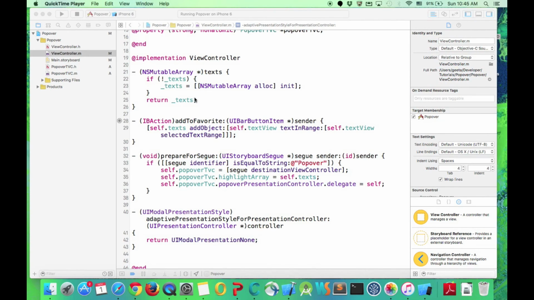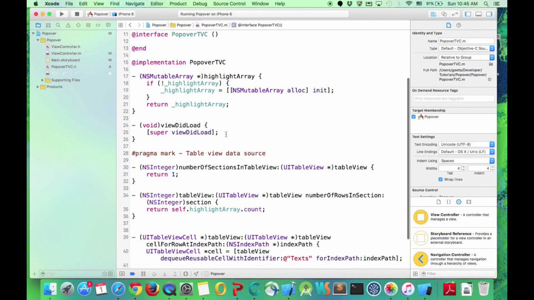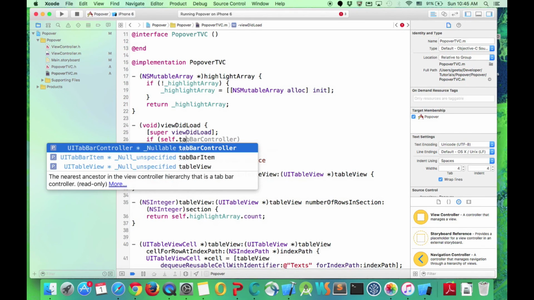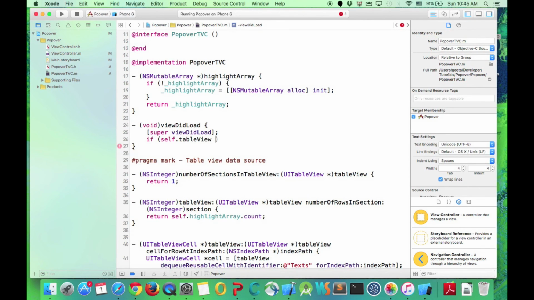So we need to ask the popover to give us the size and draw it correctly. Here's a place where we can define our logic. We can say if we have the table view, because we want to define the size of the table view, and it's not nil, and